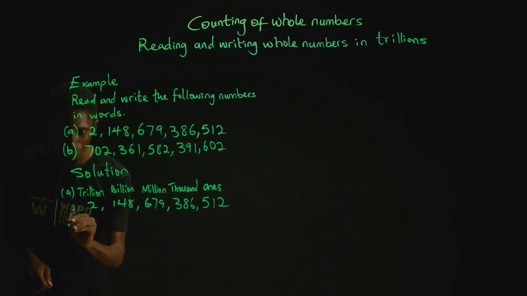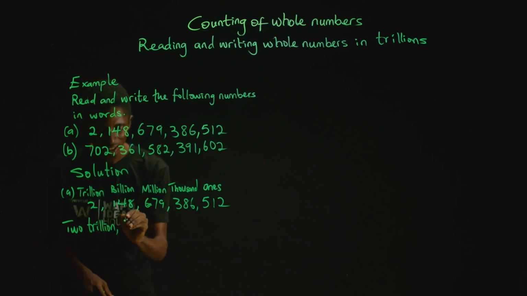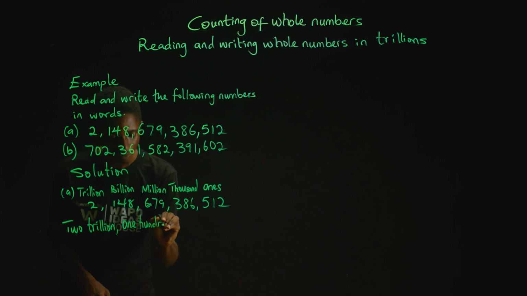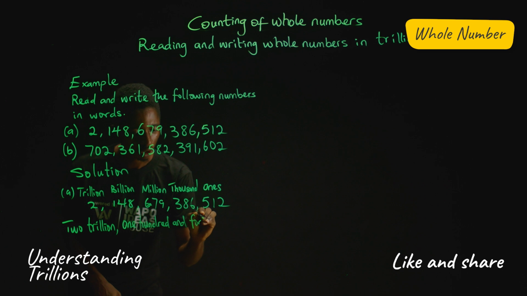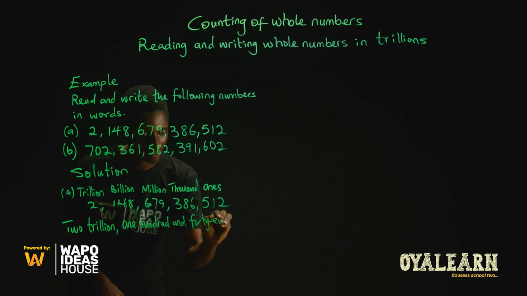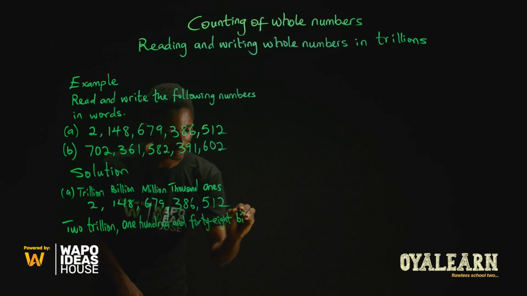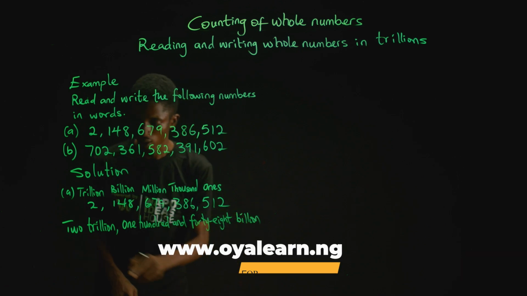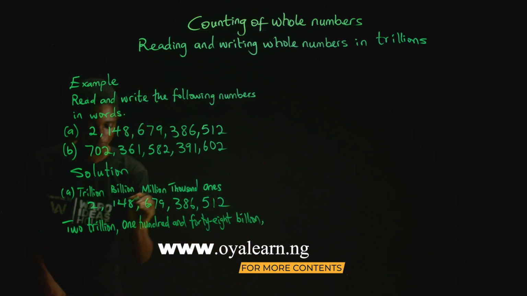So the first we have what? 2 trillion. The next, 148. What is that? Billion. Good. 2 trillion 148 billion. The next is